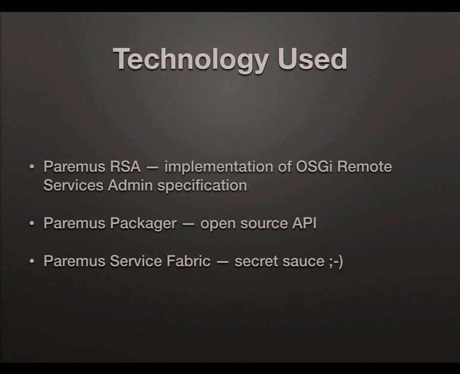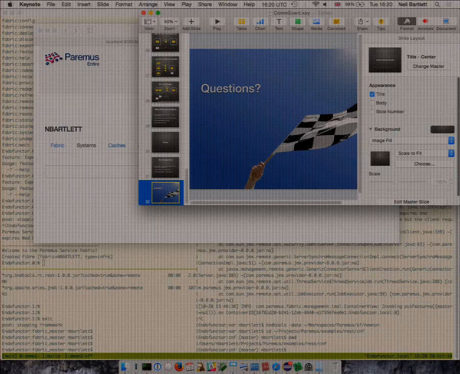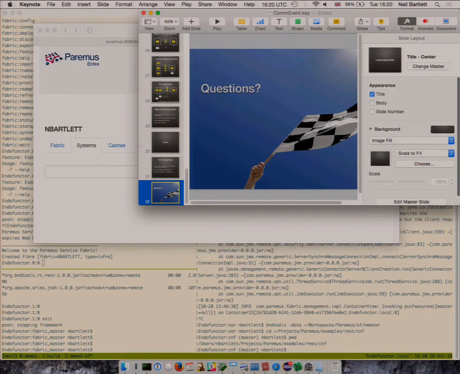The Paremus Service Fabric, which regrettably I didn't get to work, is our secret sauce, which is about managing how many instances of these things to run, where they're placed and so on, to make sure that all the things that are supposed to be running are actually running, but it doesn't like the network. Thank you, and I apologize for the rush and the errors.